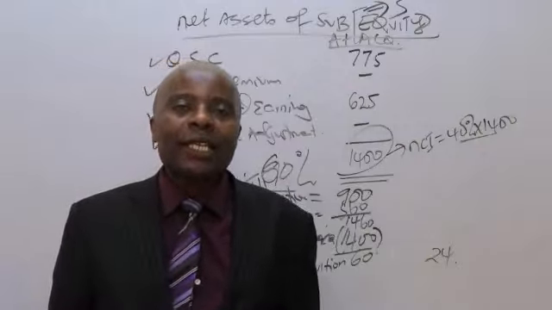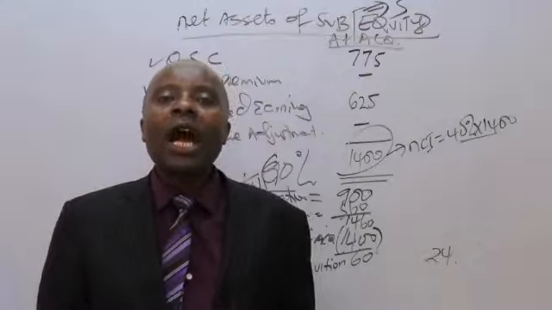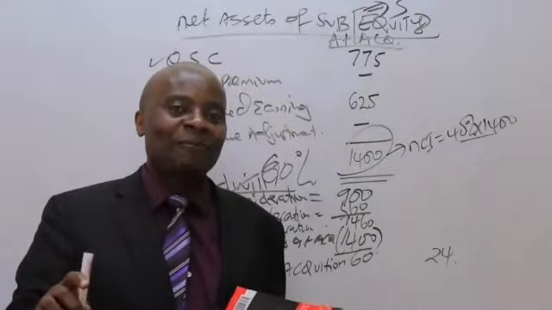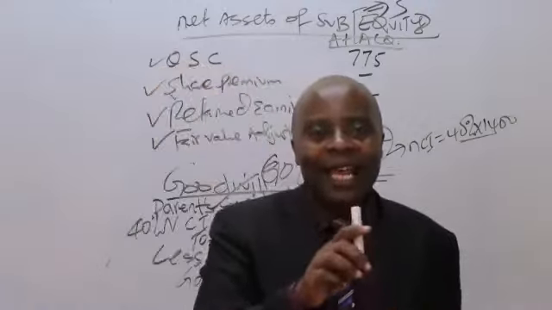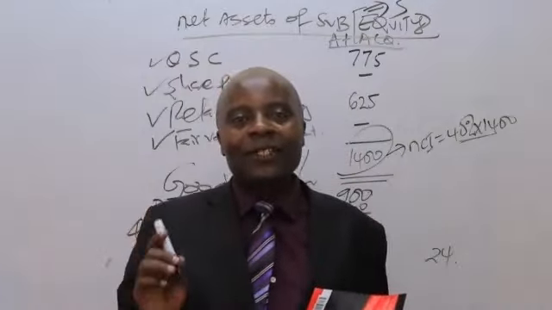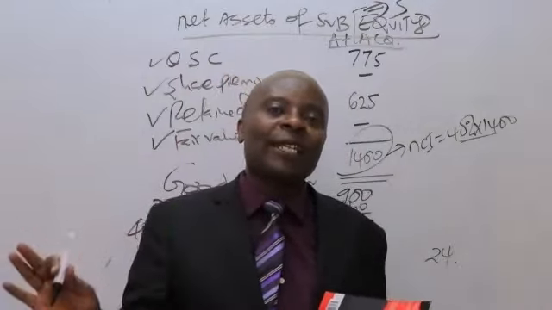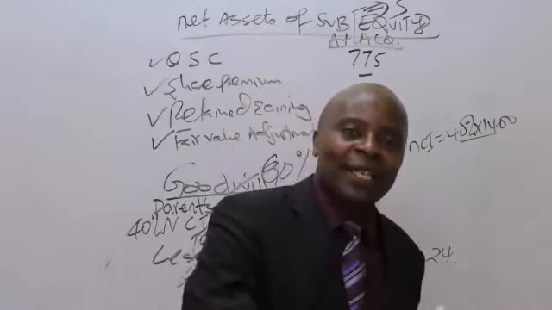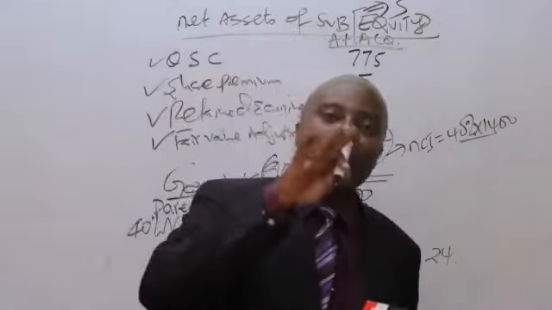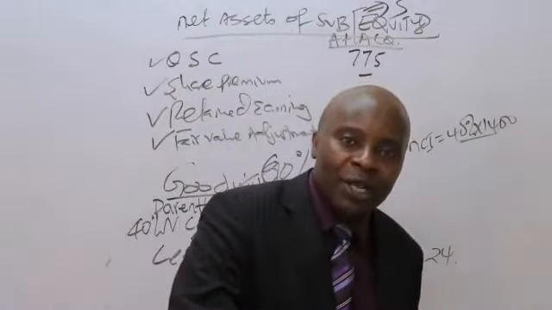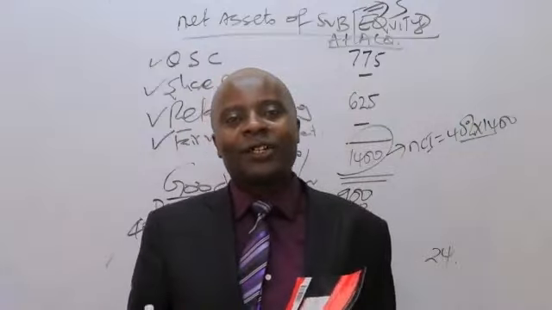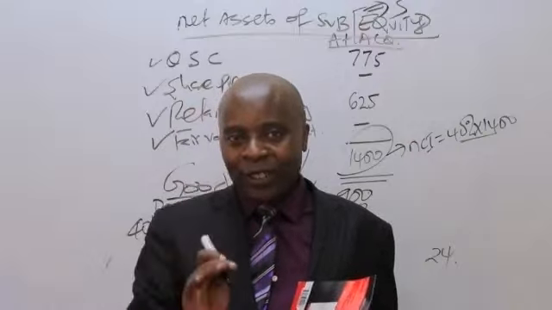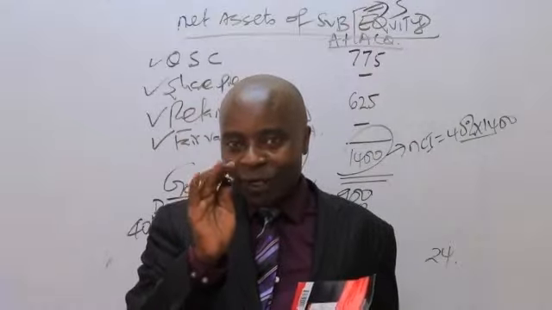of a subsidiary. Either you've disposed of it fully, or you are moving from control to no control. I had 60%, I sell 30%. If I sell 30%, then I'll be left with 30%. 30% is an associate. So I'm moving from subsidiary to an associate. That is what we call movement from control to no control. So that one, you need goodwill